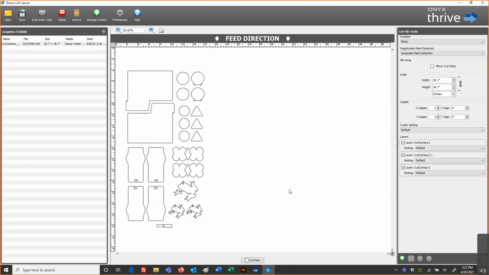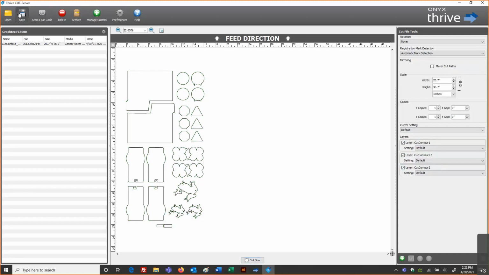When it identifies the mark location and it's ready, we will select at the bottom of the screen, cut now, to send this information over to the cutter itself. So now we're transferring the information over to the cutter, and that is beginning to do the cutting. And again, based on that sequencing order, what will be first, second, or third. So that's a simple workflow as far as the scenario goes.